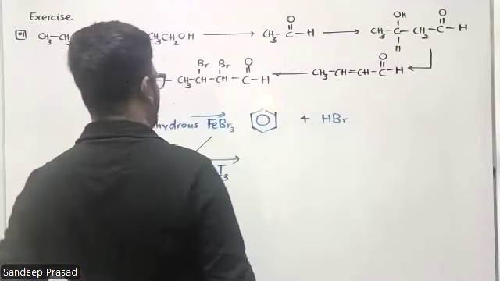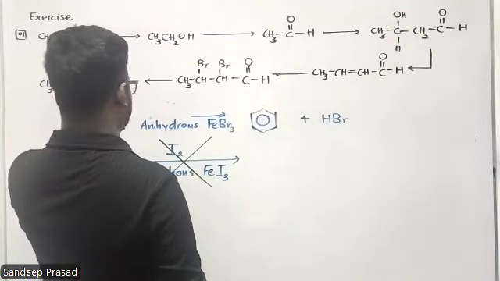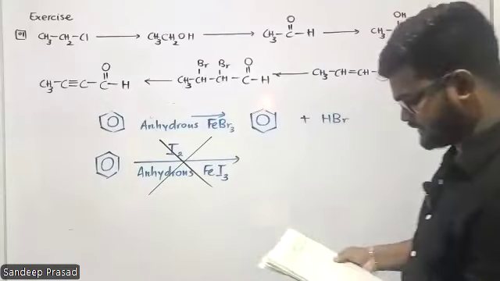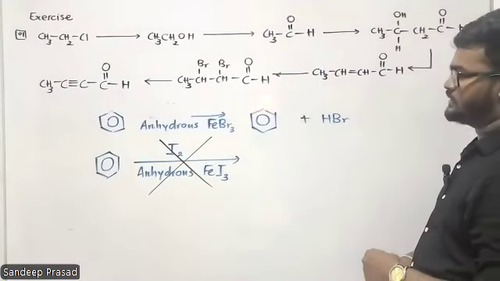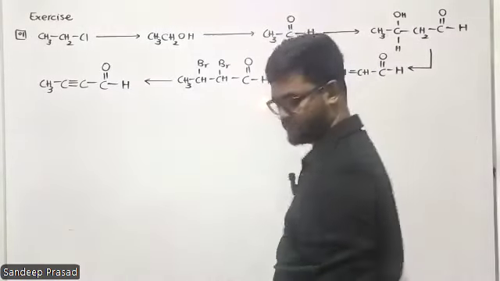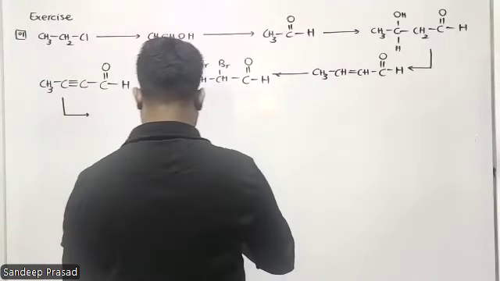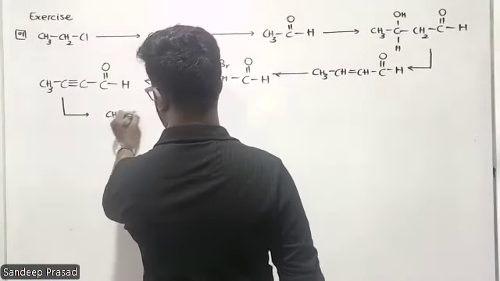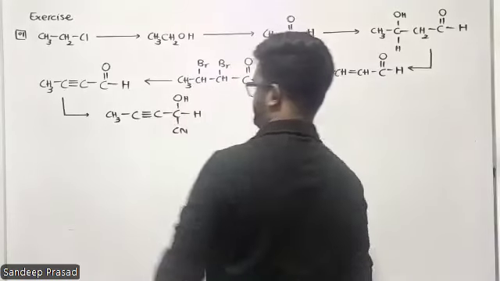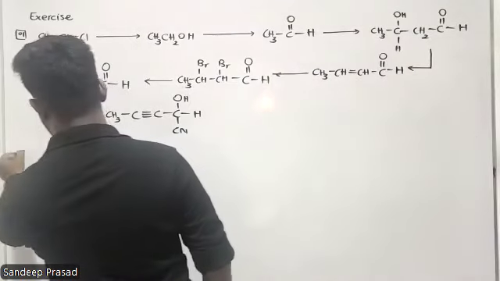For this one, we are adding some compound and producing a carbon-carbon triple bond at the middle of the compound in this way. After adding a reagent, number 1. Number 2,